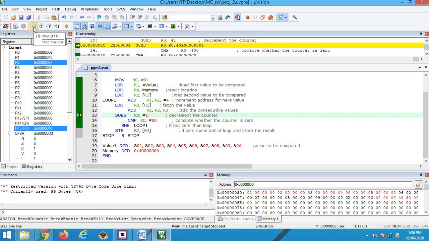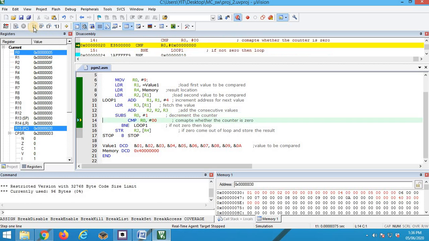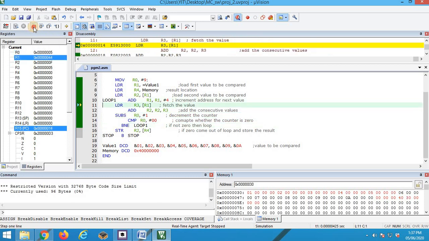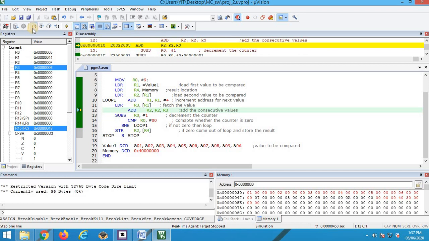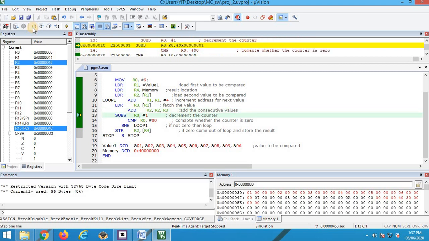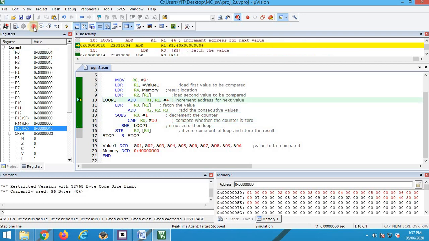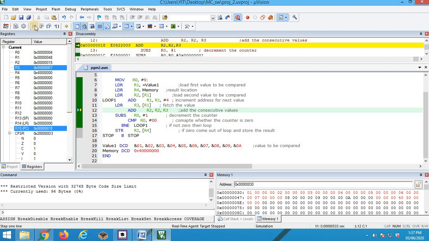Next you will be adding 6. What is 6 plus F? 15 plus 6, 21. What is 21 in hexadecimal? It is 1 5. Next you are adding 7. 21 plus 7 is 28.